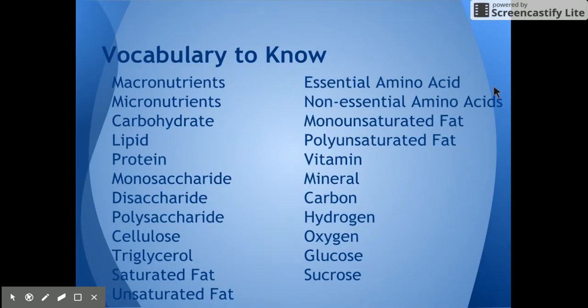All right, take a moment here to pause the video, and take a few minutes to look through these vocabulary terms. Start with what you know, think about what you know, and then research things that you do not know. This is a great time to get used to the vocabulary so that you have an idea of what's coming ahead. So pause the video here and then restart when you're ready.